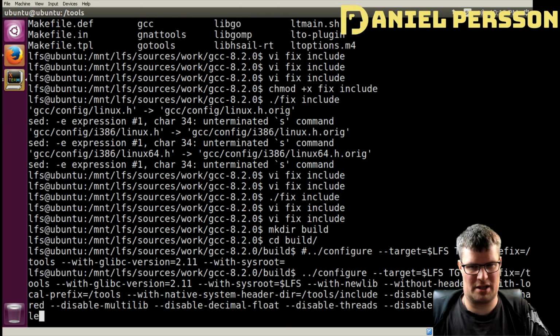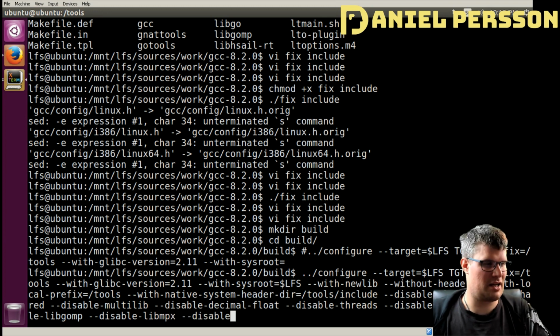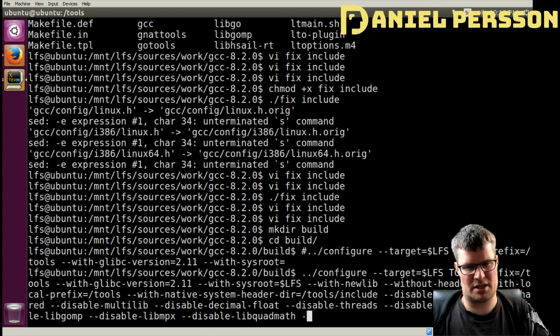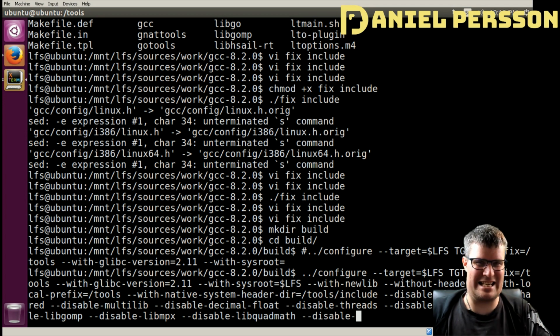We'll disable, so this list goes on here, libgomp. Disable libmpx. And I think that all of this that we disable here is just things that come default to GCC that we don't need at the moment for this build,